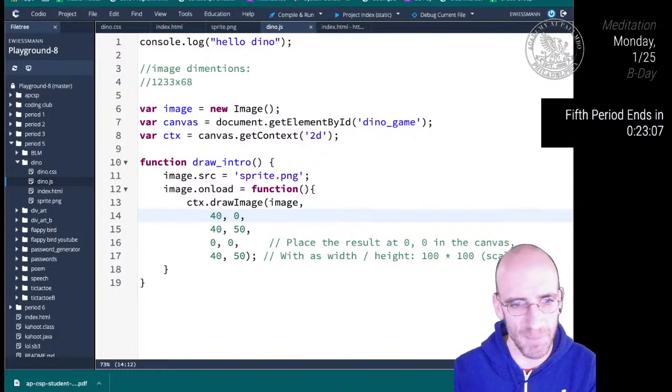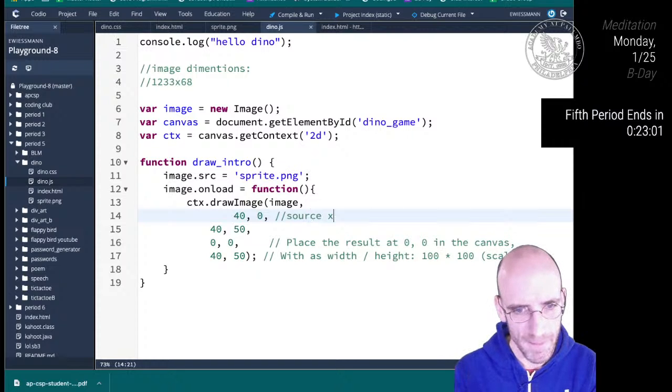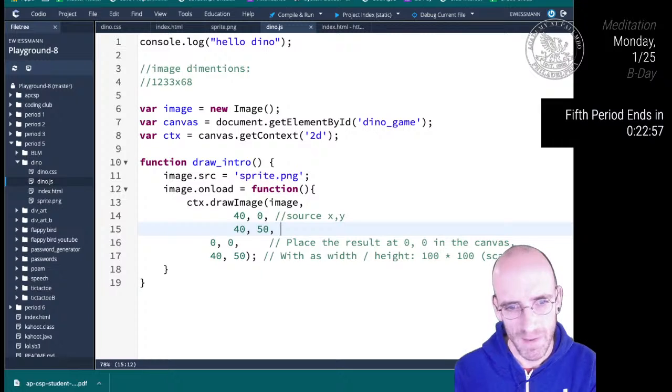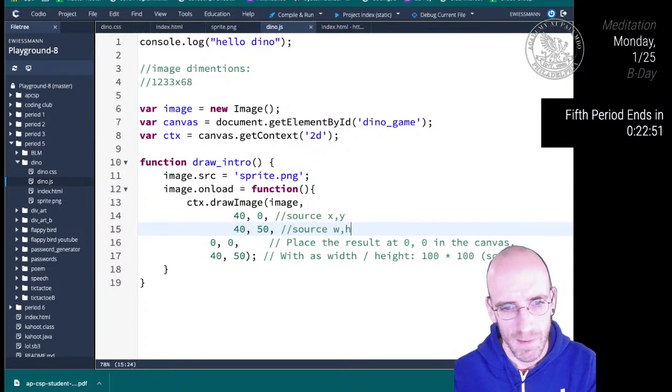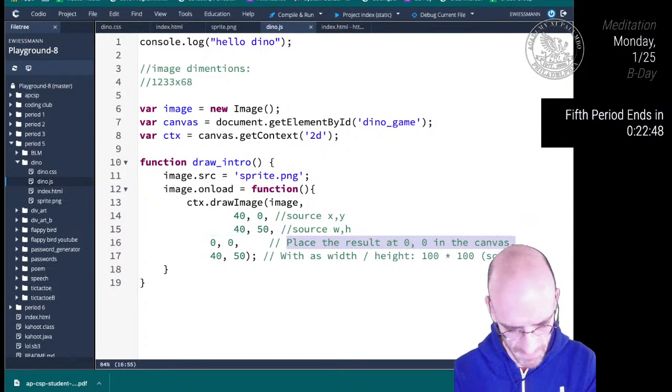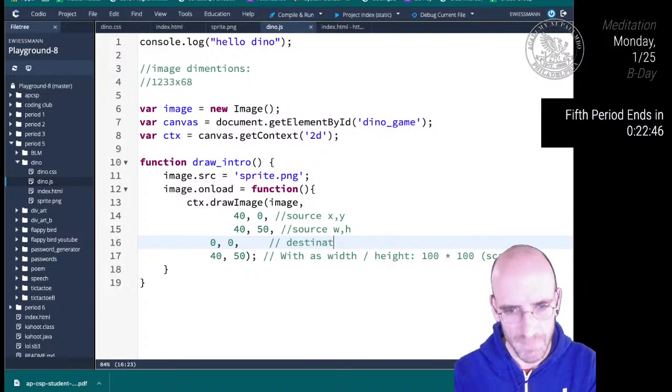So this is the source XY, and this is the source width height. And then this is the destination XY and the destination